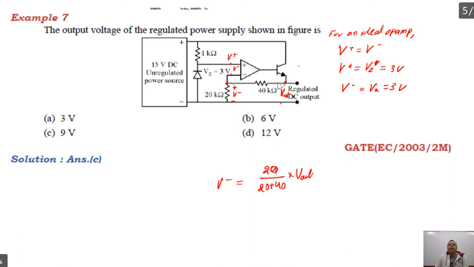By simply applying the voltage divider rule, because the current into the inverting terminal is 0, the voltage across this resistance is a part of the output voltage. So V minus is this resistance divided by the sum of both multiplied by output voltage, which is 1 by 3 multiplied by Vout. So Vout will be 3 times V minus, that is 3 multiplied by 3, which is 9 volt. So the answer is C, and that finishes the examples based on